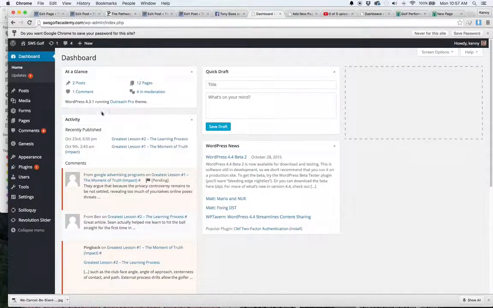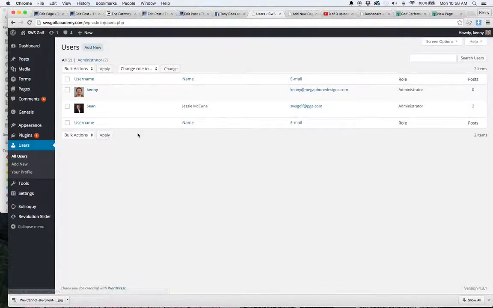We are going to be looking at users, and this is really quite simple. You go into users here, and we can see that we have Kenny and Sean set up at the moment. If we want to add a new user, then we click on Add New,